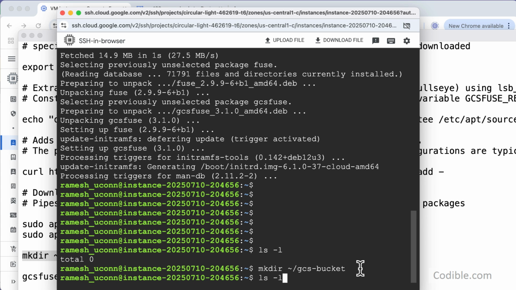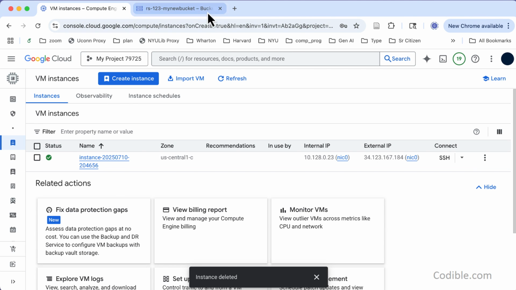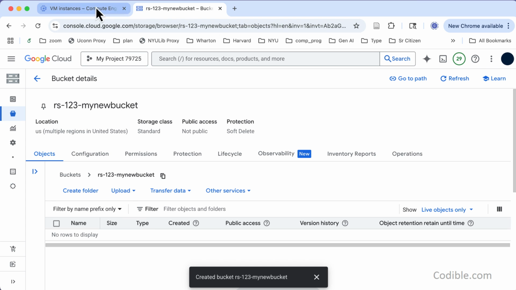Now if I say ls -l, I do see the GCS bucket folder here in my VM instance. Now I want to fuse, or mirror, this to my bucket in my Google storage over here. So to do that,